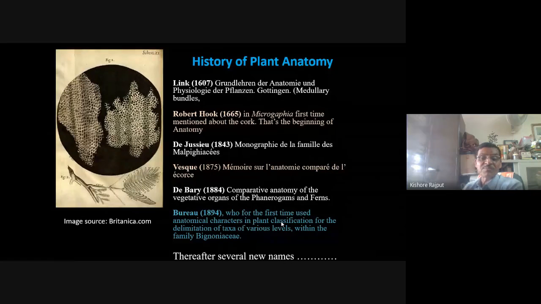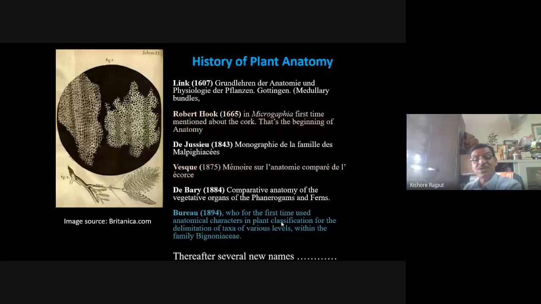Thereafter, the microscopes were modified by Robert Hooke. I'll not go into much detail with that history. He published his book Micrographia, and for the first time he mentioned the cork, and that's the beginning of plant anatomy as it is known to the scientific group. Then, of course, several people started working with this, maybe around 100 years later,